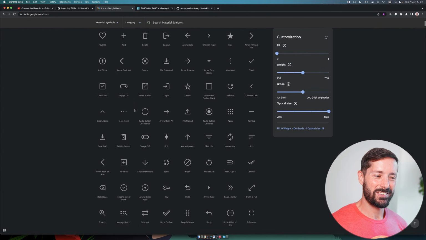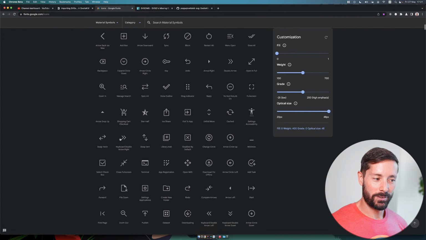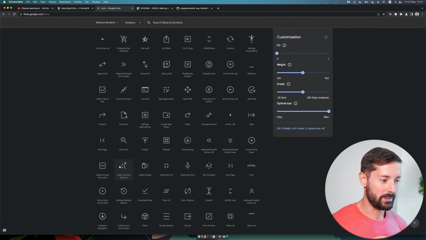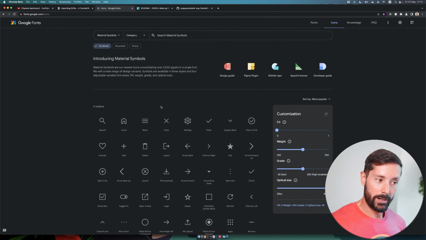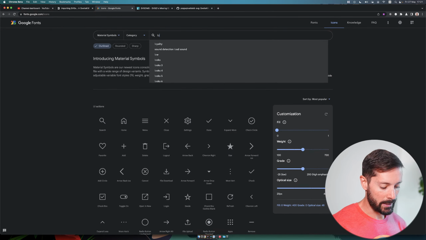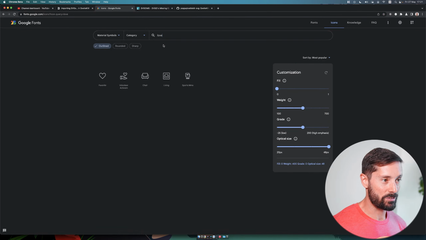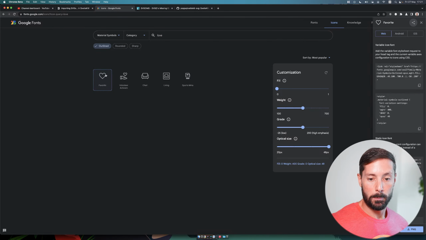But nowadays, I think it's not the best idea to ship a big font just because you want a couple of icons in your app. Still, you are able to use this and search for whichever icon you want, and feel free to tell me in the chat which icon I should add. You can always change this later. You can pick the one you want,